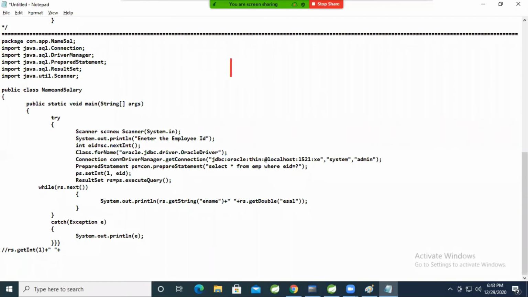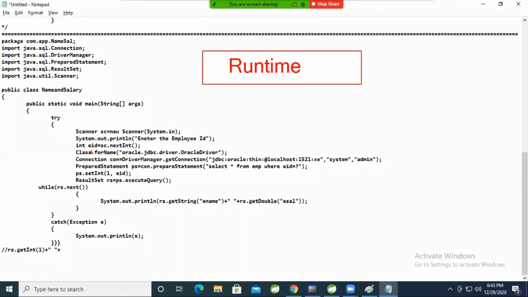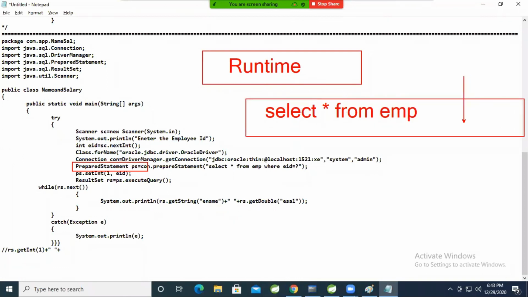See, very good question you asked. The point I'm trying to tell is, whenever you want to pass any values at runtime, then you have to use what? Prepared statement. See, if my query is select star from EMP, then use what? Now here input values are there or not there?